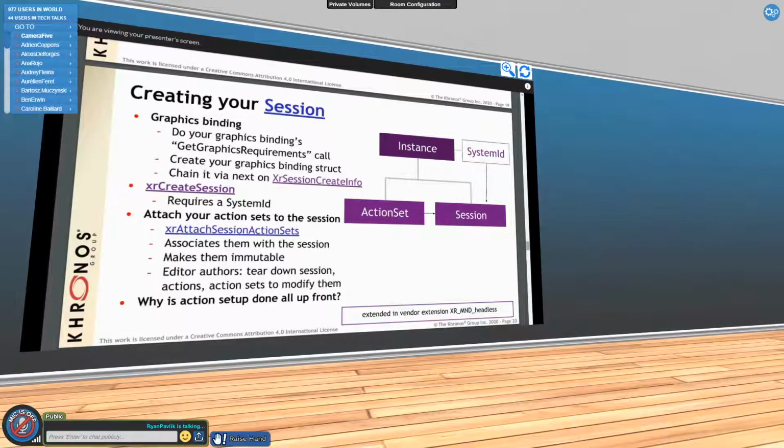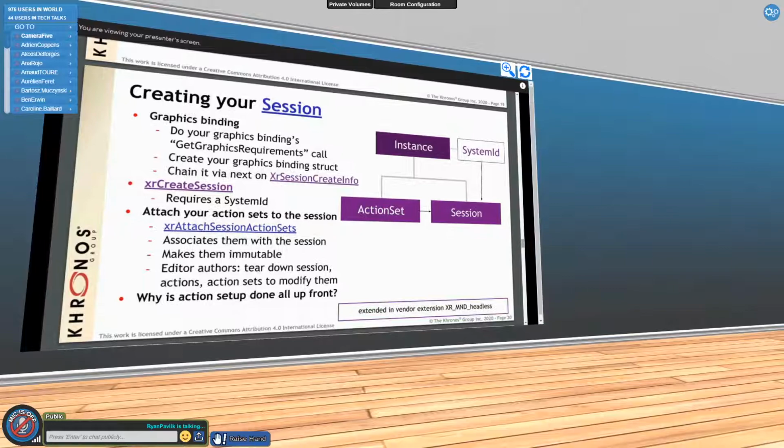To create a session, you first need to take care of the graphics API that you're using. You need to do your graphics bindings get graphics requirements call. All or almost all graphics bindings will have a call like this, and it needs to be done before xrCreateSession. What it will return is information that is important in order to render to the right GPU for your VR or AR device. You'll also need to create a graphics binding struct. What's in this struct varies between